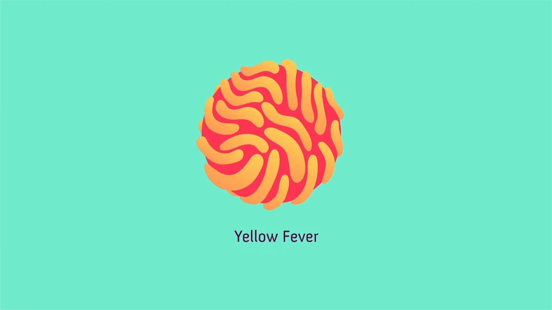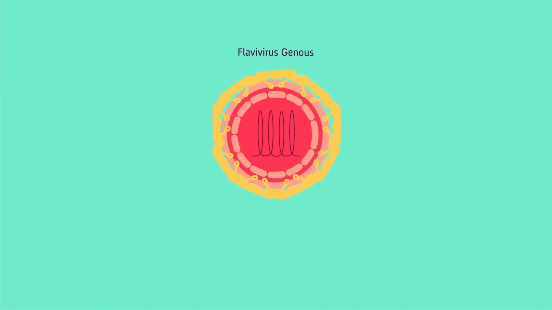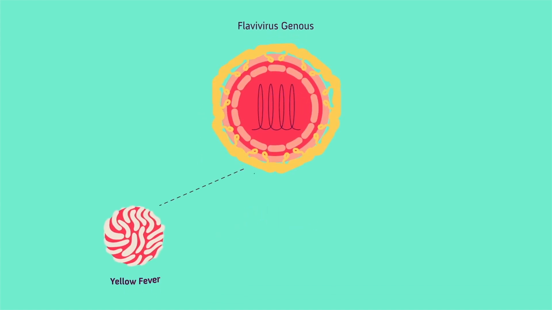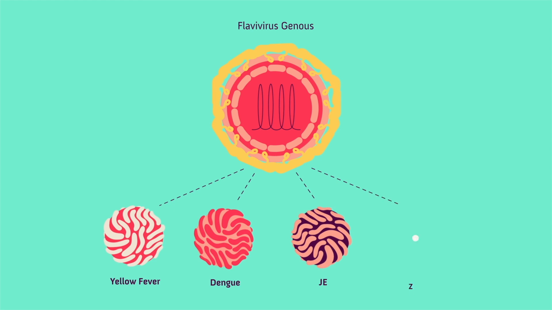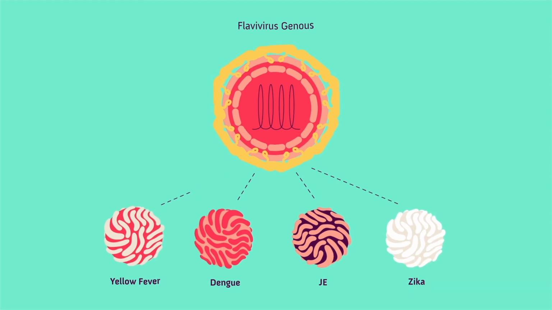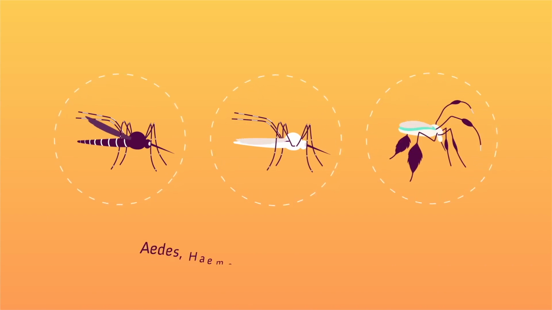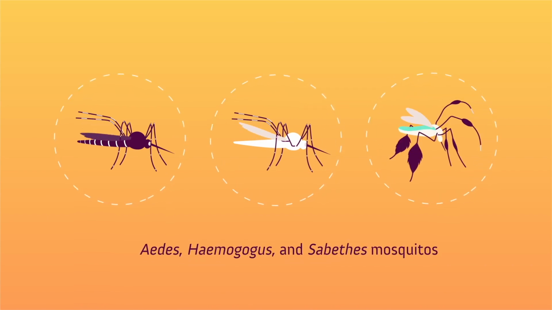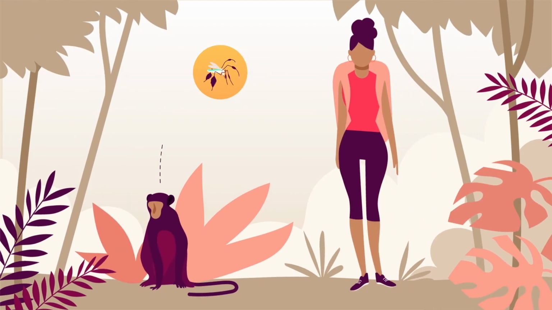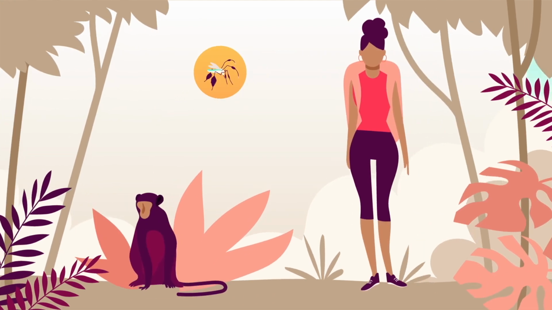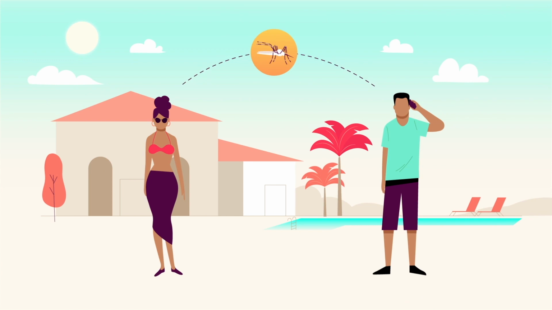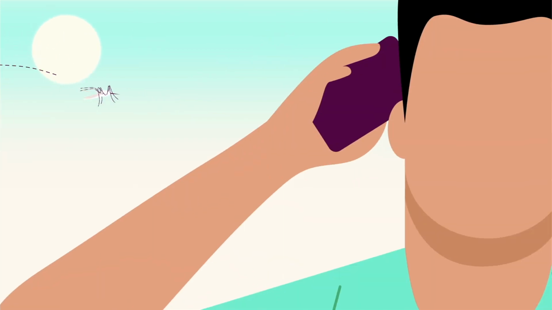The yellow fever virus belongs to the flavivirus genus, a group of arboviruses, as do the dengue, Japanese encephalitis, and Zika viruses. This high-stability virus has only one serotype and is transmitted by Aedes, Haemogogus, and Sabethes female mosquitoes from a primary reservoir of non-human primates and from human to human. Once infected, mosquitoes remain infectious for life and are the ones transmitting the virus to humans through biting, mostly during